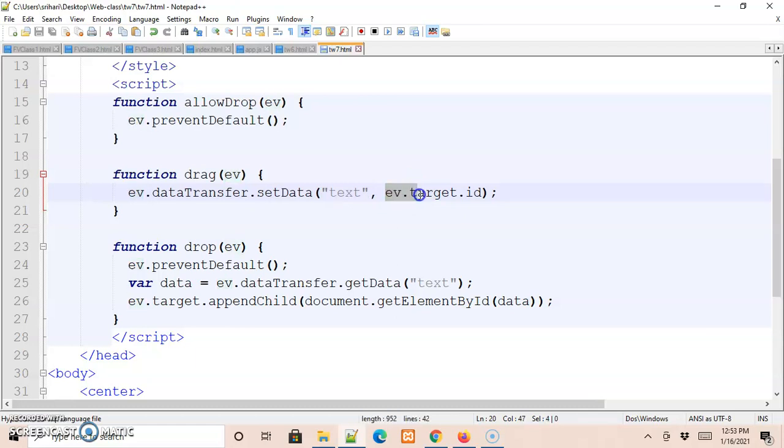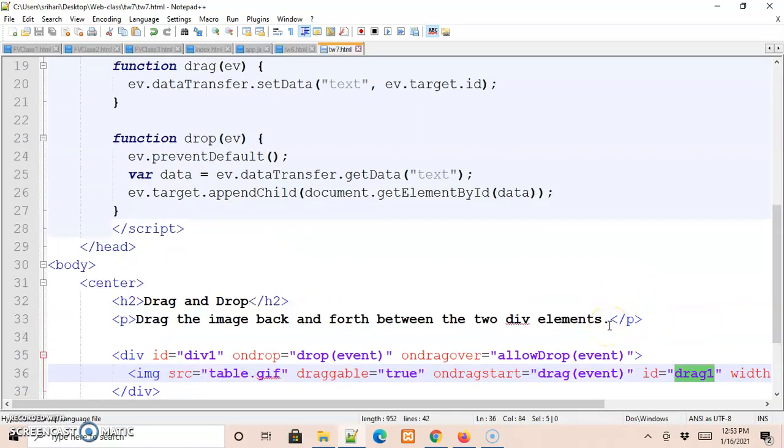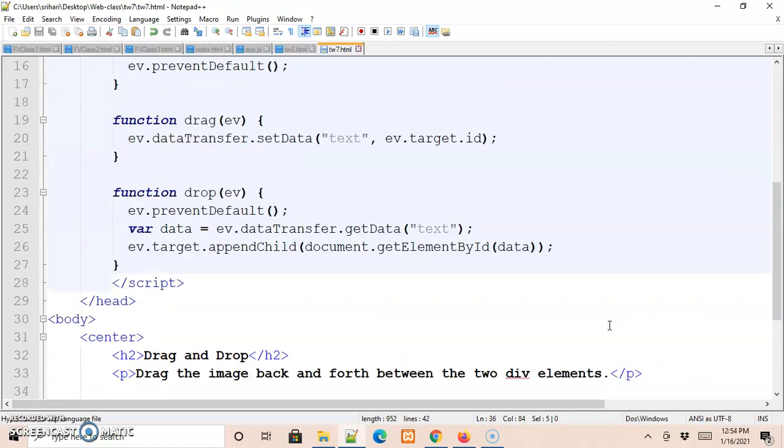That is nothing but ev.target.id. So with the help of id, we are trying to get the content from the division and start moving it around, and we'll try to drop it. This is the actual data that we would like to drop.